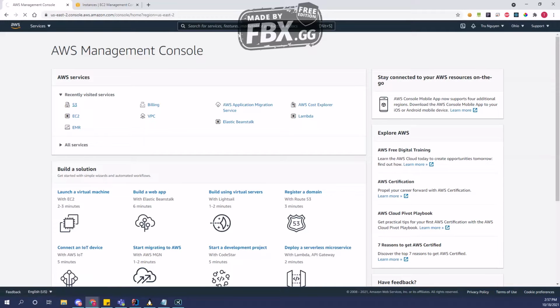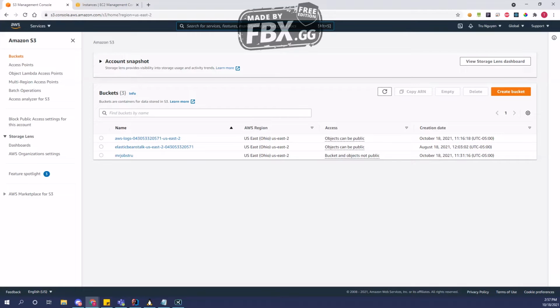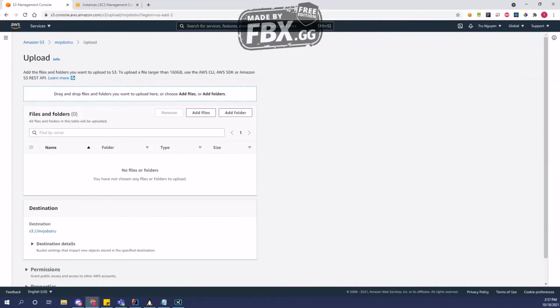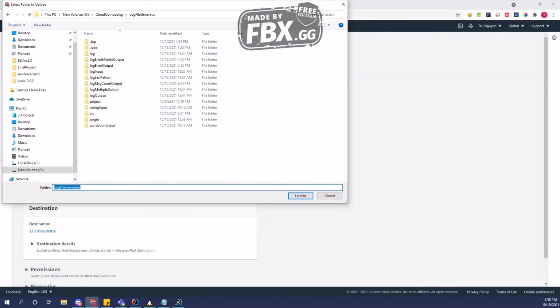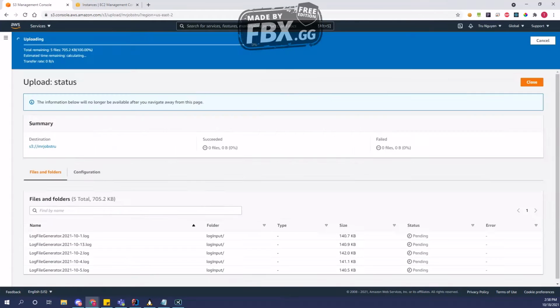Let's go to the S3 bucket, and then choose a directory that you want to upload your file to. And now we can upload the input folder. Choose the folder, upload the file,